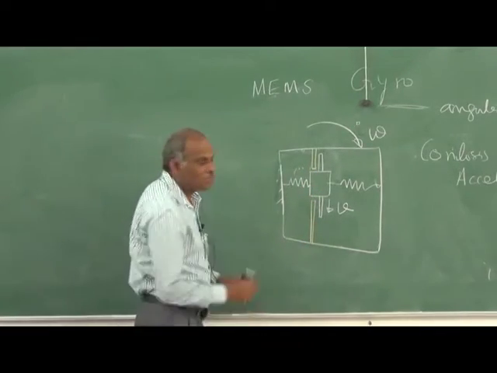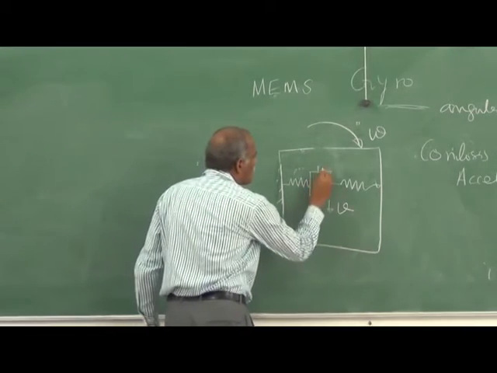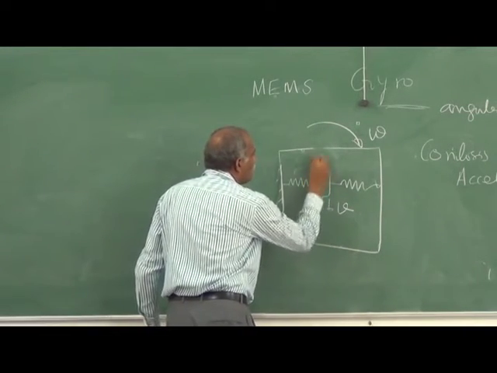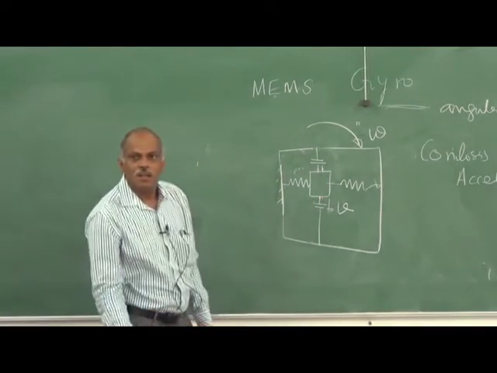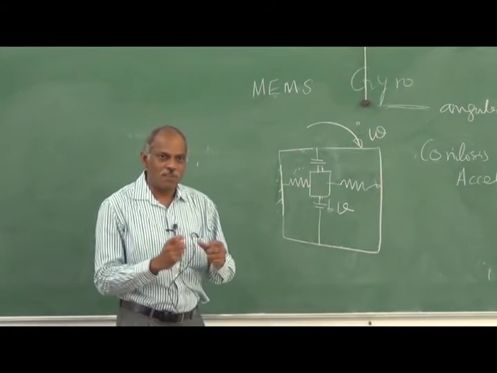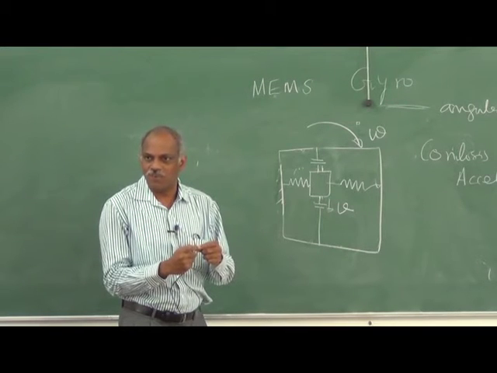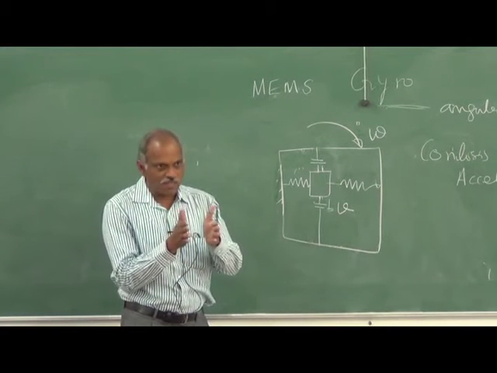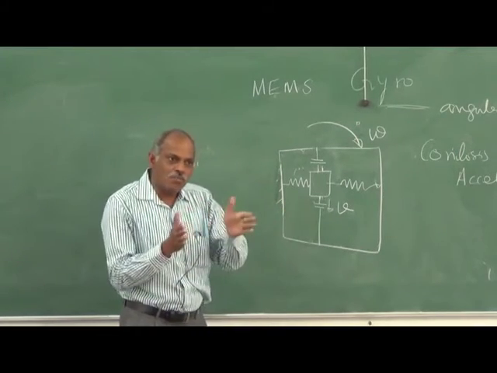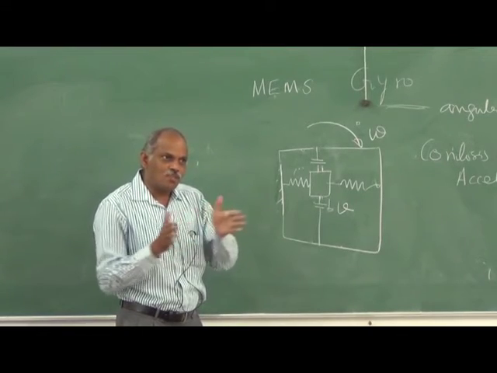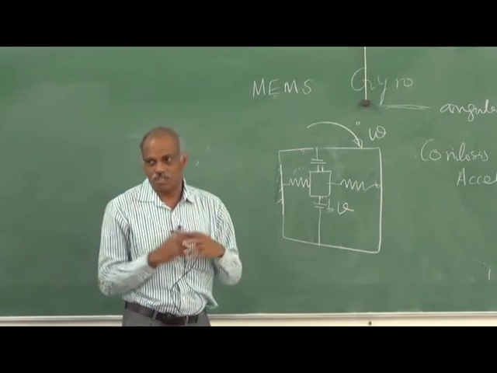How do I do that? I can move this by using the same type of capacitor, but in reverse. I apply voltage to this capacitor, and it will deflect. That is, an electrostatic force can be created. Between the two capacitor plates, there is an electrostatic force. By applying the voltage between the two plates, I can move it. So I can displace the mass by using electrostatic motors.